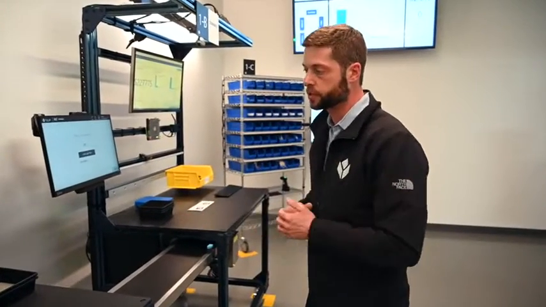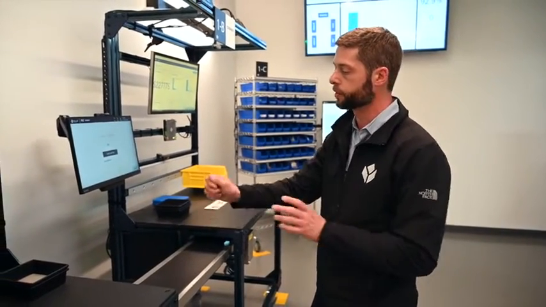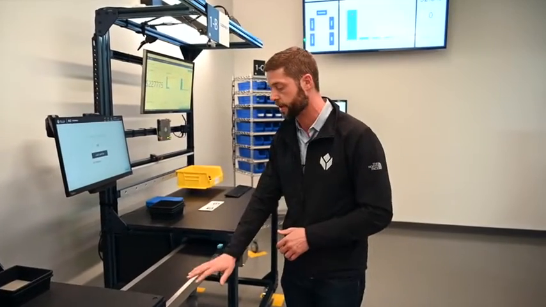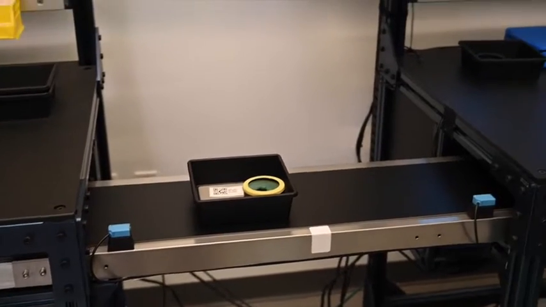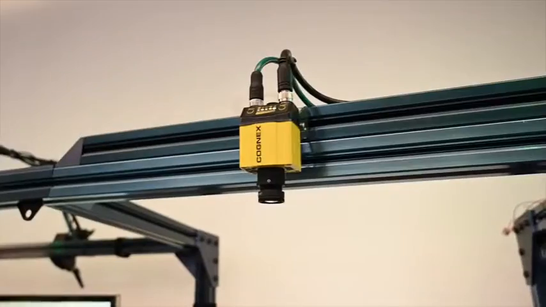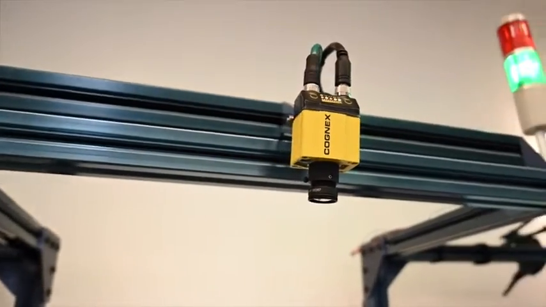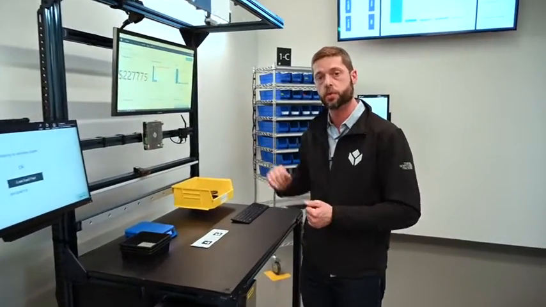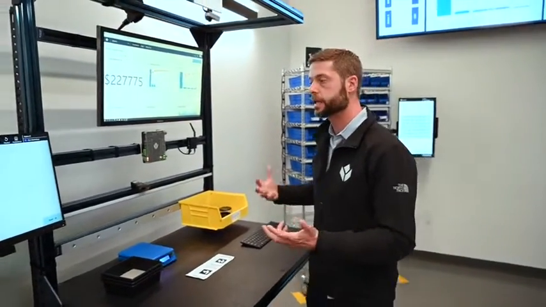After you go through this first step, you're going to print out a QR code, you're going to put it in the assembly, it's going to go on the conveyor. This conveyor is being actuated through an integration with an Edge IO through Node-RED. That's simply turning the conveyor on. The Cognex here is pulling that QR code, and it's going to go ahead and queue that job at the next station. What you see here is a basic inspection